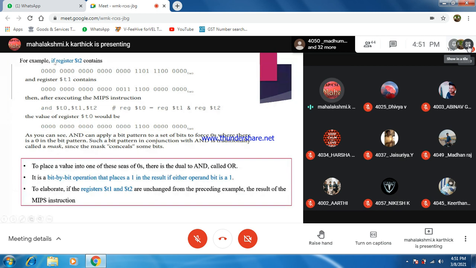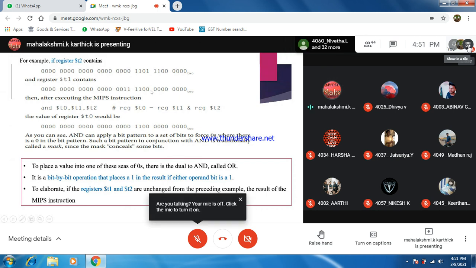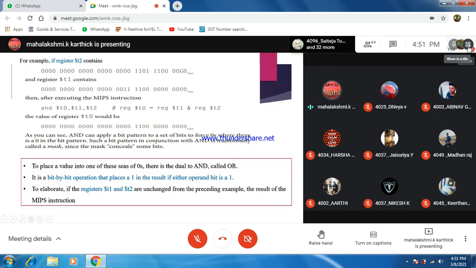So here for you, in front of you, it's given a register T2 with some 32-bit value with the base 2. Zeros and ones, base 2 தான் உங்களுக்கு எல்லாம் தெரியும். So T2 ஓட value, T1 ஓட value. Now we have to perform AND operation in this. Very simple, இல்லையா? Just strike out a line and you can calculate.